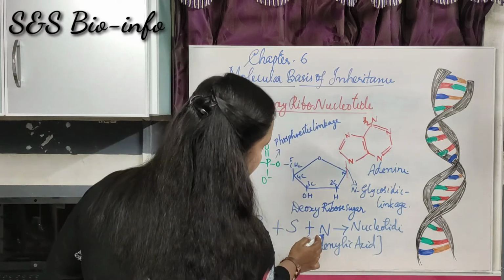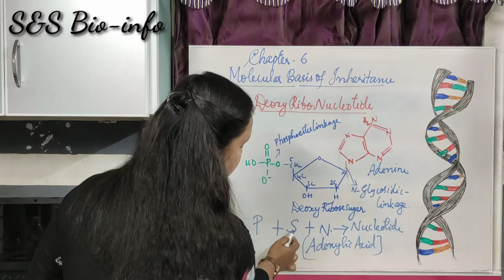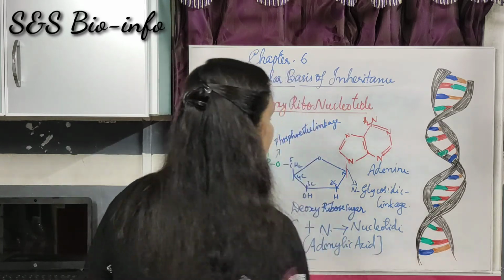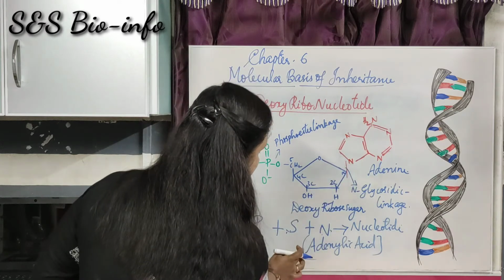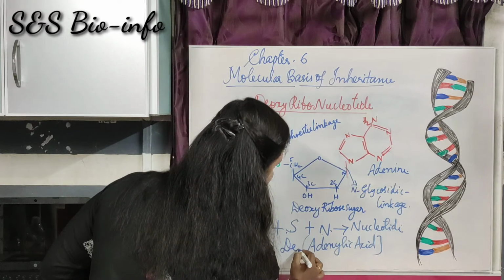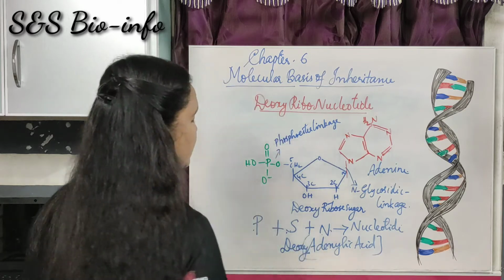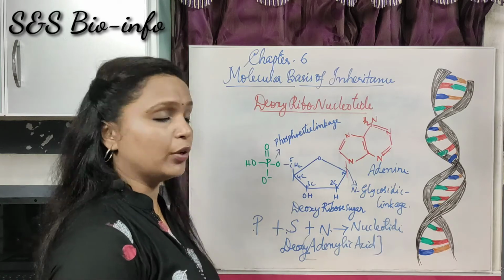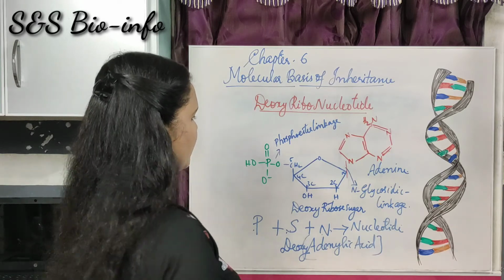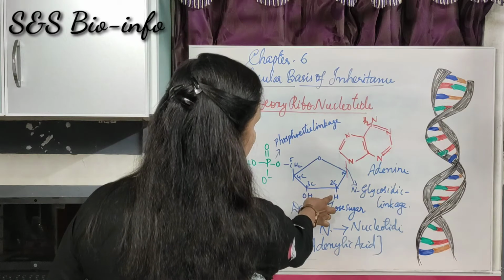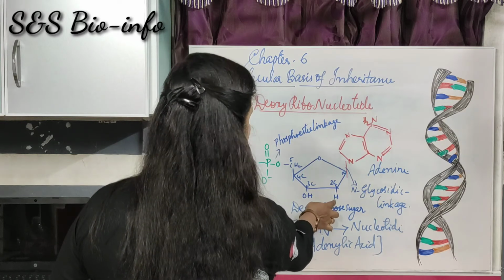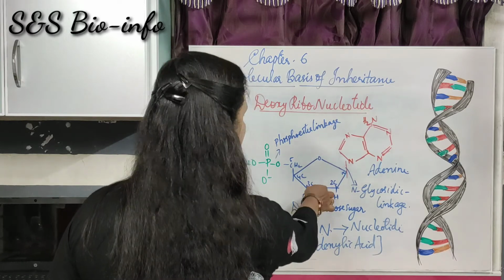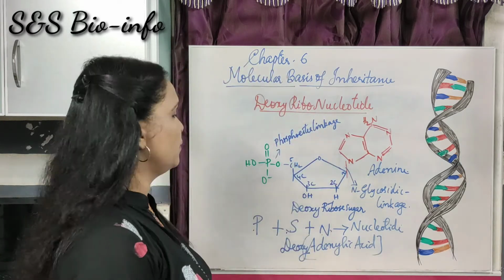When the adenine is combined with the sugar, it forms adenosine. This adenosine is attached with the phosphate. It forms as adenylic acid. As it is deoxyribose, it is called deoxyribonucleotide acid or deoxyribonucleotide. Got it? So what is the difference here? The second carbon atom holds only hydrogen. In this case, that is the only difference between the nucleotide of the ribose sugar and the nucleotide of the deoxyribose sugar, that means the DNA.